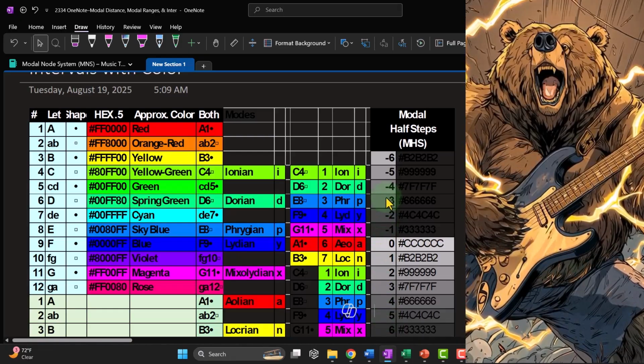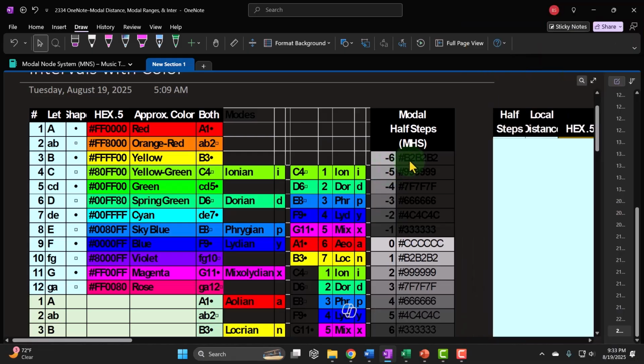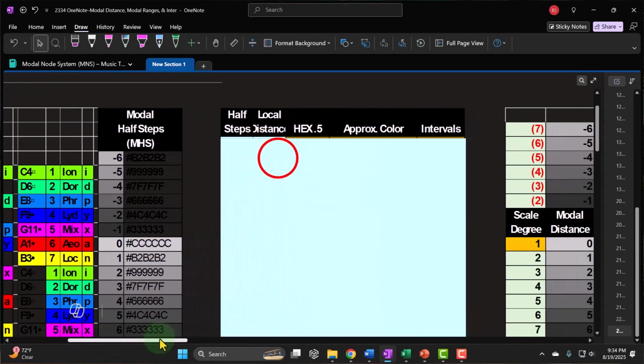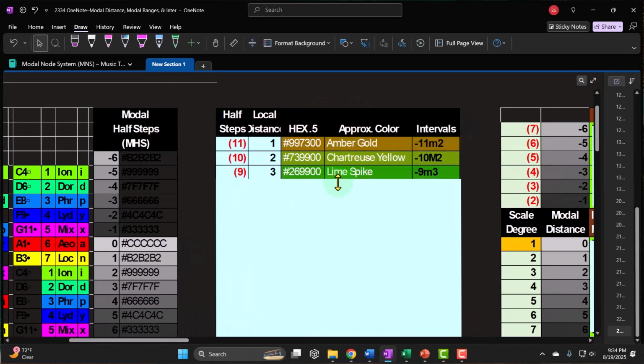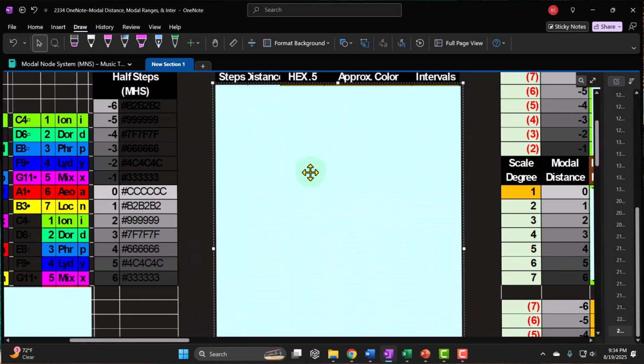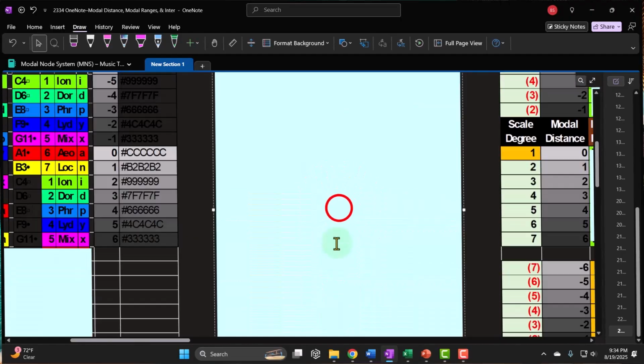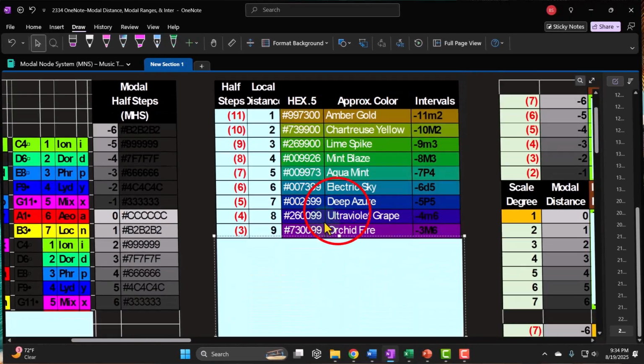I'm not going to use an octave color system for the modal half steps. I'm just going to use shades of gray which are in the local distance range. All right, and so then we have the distance numbers. Let's go on the bottom first. If I go distance wise,